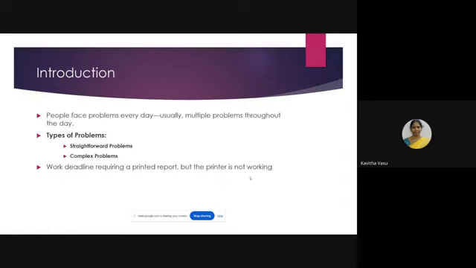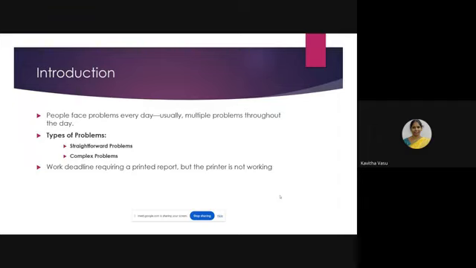Then the next slide is the introduction of problem-solving strategies. It provides the context for the need for problem-solving strategies and the types of problems: a straightforward problem and a complex problem. The daily challenges: people encounter various problems every day, ranging from simple to complex. The difference between straightforward problems, which have clear solutions, and complex problems, which may require more in-depth analysis and creative